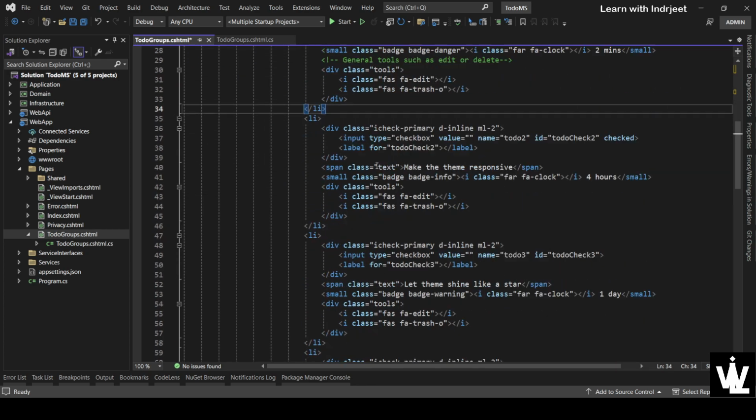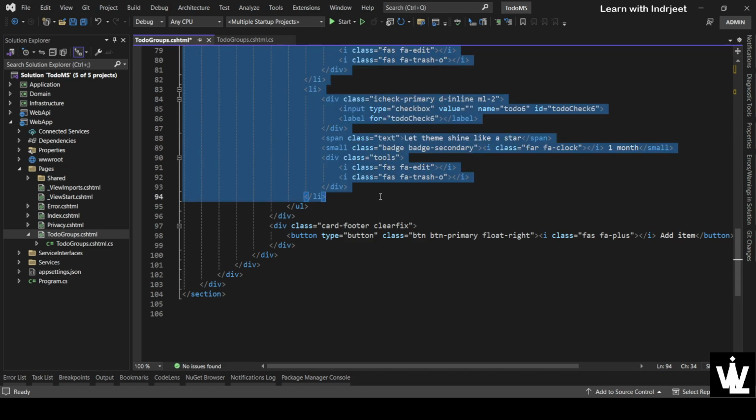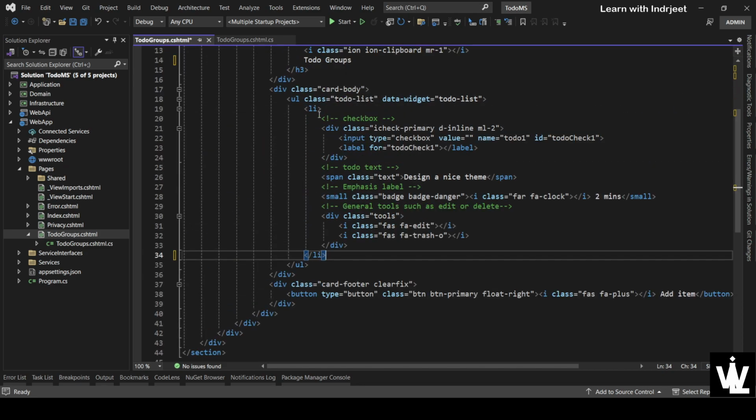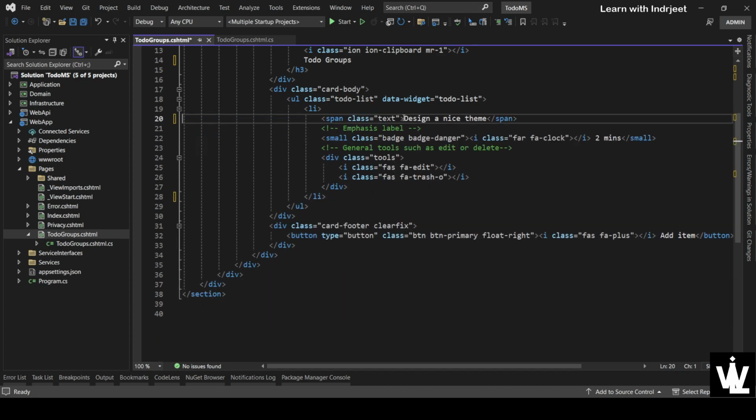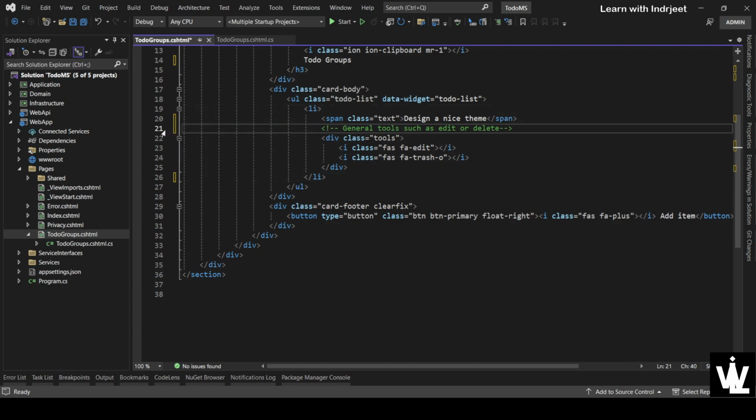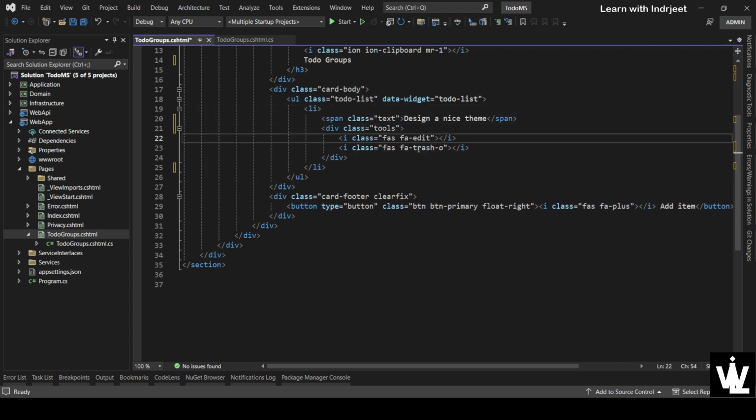So let's remove all the other list items from this unordered list, and let's remove the not required functionality. So we don't require a checkbox for the to-do group. We only need a text. So let's remove the comment only. We don't need this label, and we need the general tools for edit and delete. Let's remove this O so that it is visible there. Save that. And now we want to iterate through this, but before that,